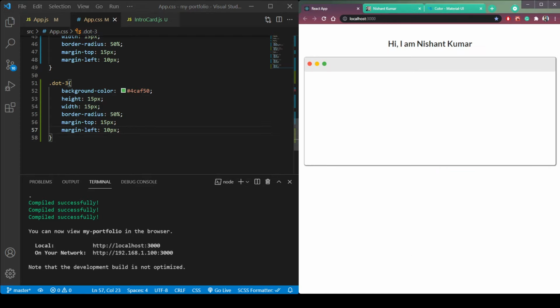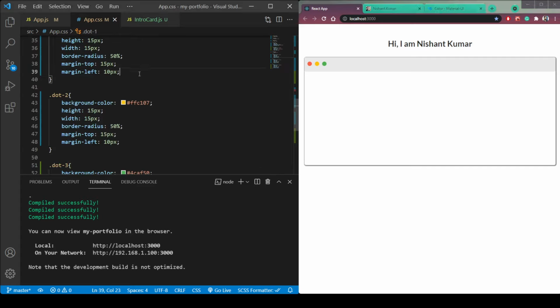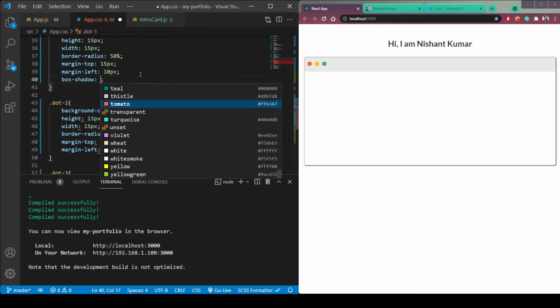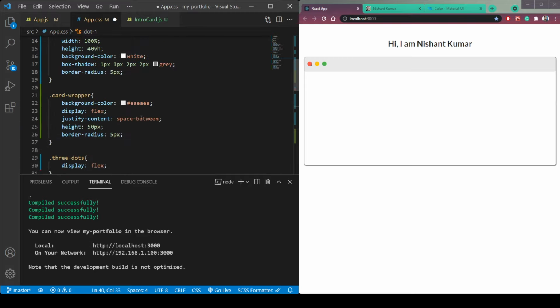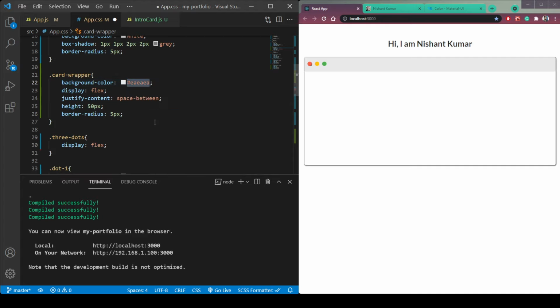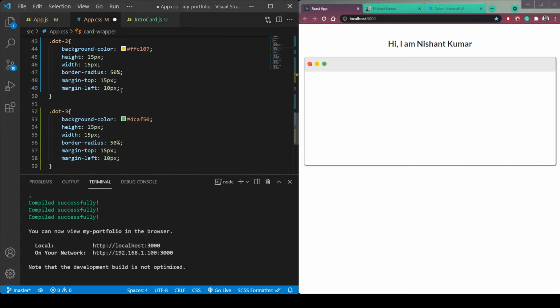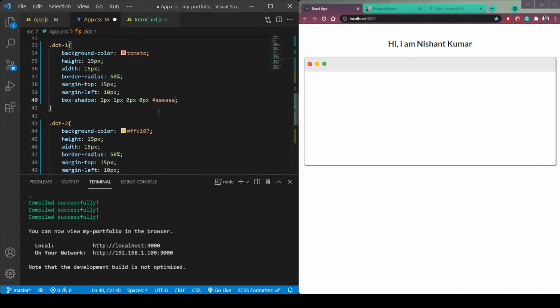But we need to give it a border, box shadow also. So box shadow 1 px, 1 px, 1 px, 1 px, or 0, and this one will be 0 also. And then the color. So copy this EA from here, this color code, and paste it in this box shadow.